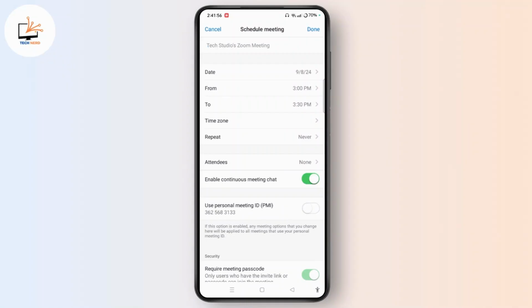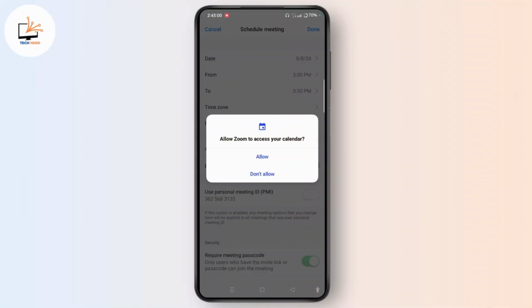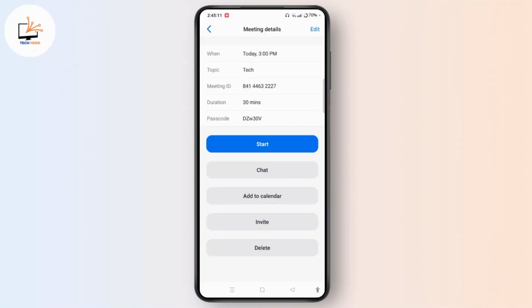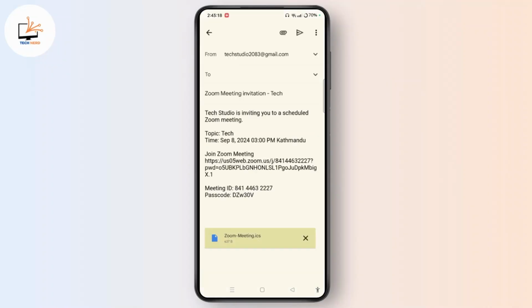So let's do it. Once you tap on the Done button after you schedule the meeting, a pop-up message appears where you have to allow Zoom to access your calendar. So tap the Allow button. Once done, you will get access to this other section and reach this page where